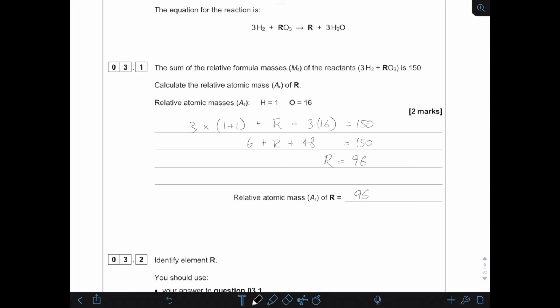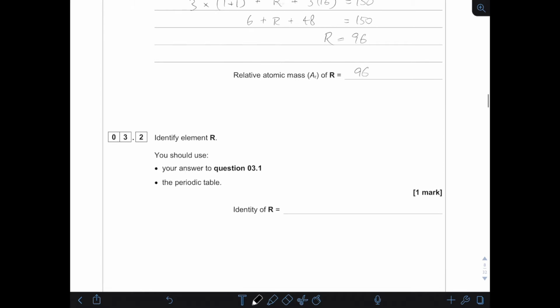Google is my friend here. I just need to find something that's 96, so it should be pretty low down, but not that far. 95.95 is the one that I found, which is molybdenum. And